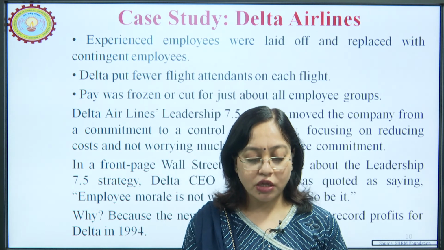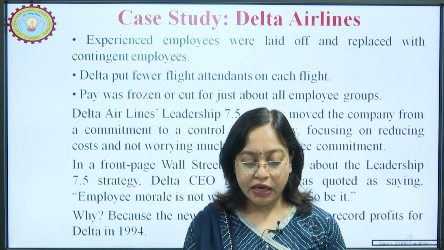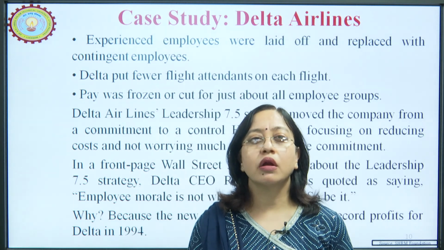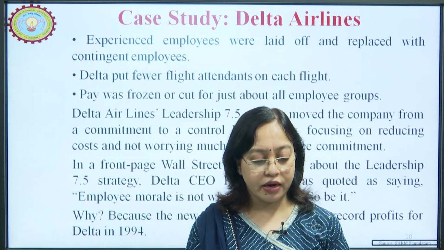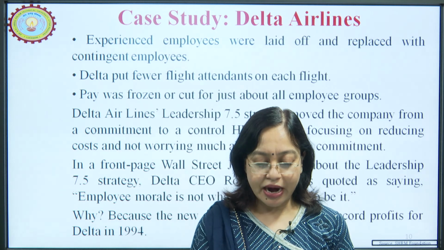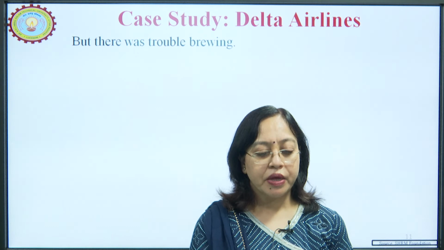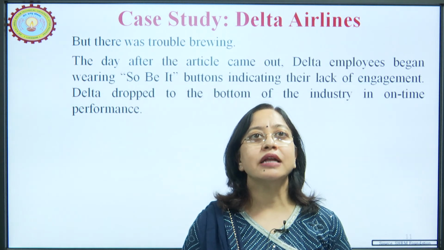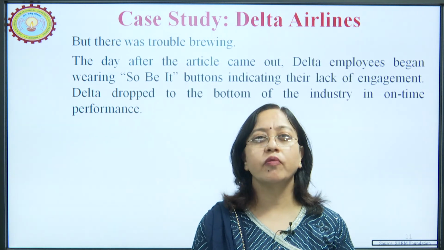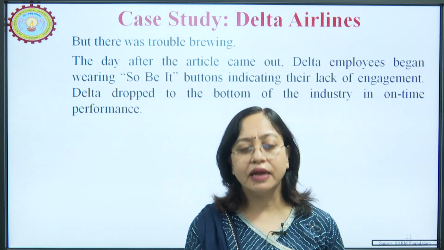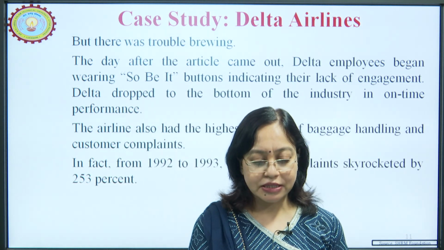In a front page Wall Street Journal article about the Leadership 7.5 strategy, the CEO was quoted as saying, "Employee morale is not what it used to be, but so be it." He did not care. Why? Because the new strategy had resulted in record profits for Delta in 1994. But there was trouble brewing, and the day after the article came out, Delta employees began wearing "so be it" buttons, and there was a decline in engagement and job satisfaction. There were a lot of customer complaints, and